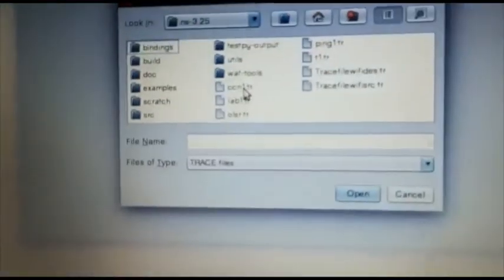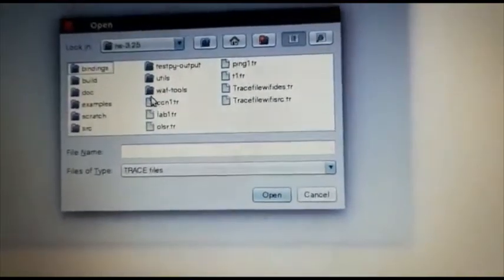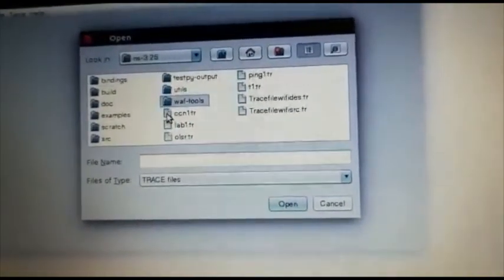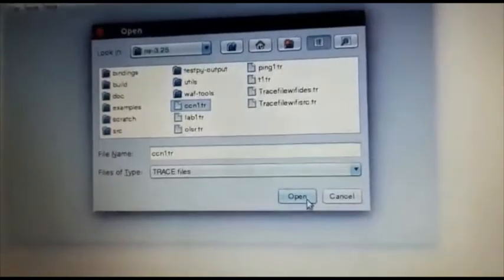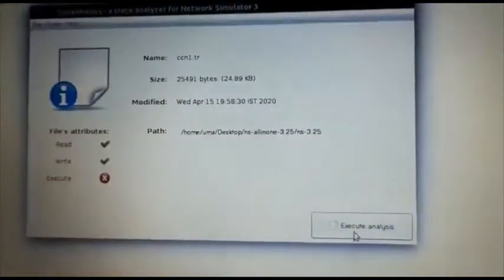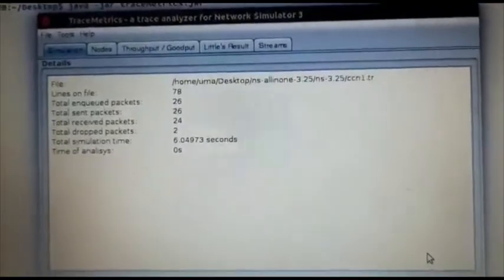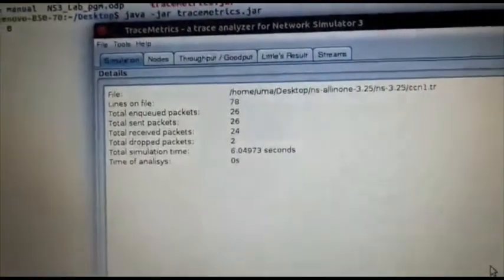So we have ccn1.tr. If I choose this file and open, you'll get it in this form. Now you do an execute analysis. You can see it will show you this data automatically, the simulation data.